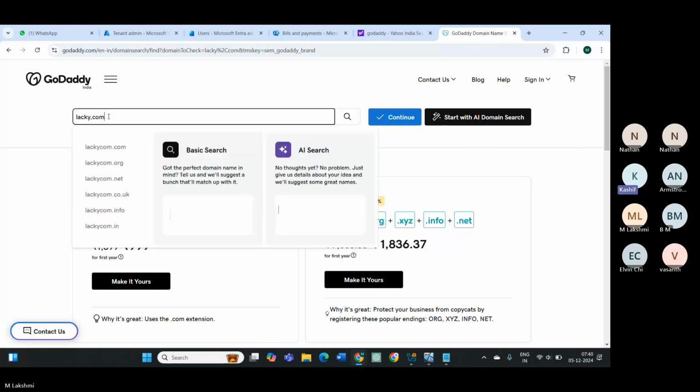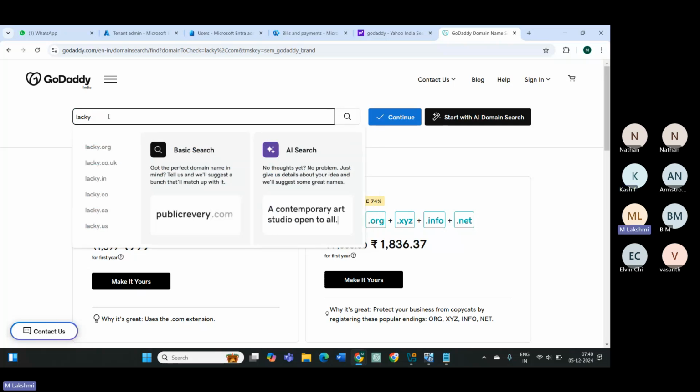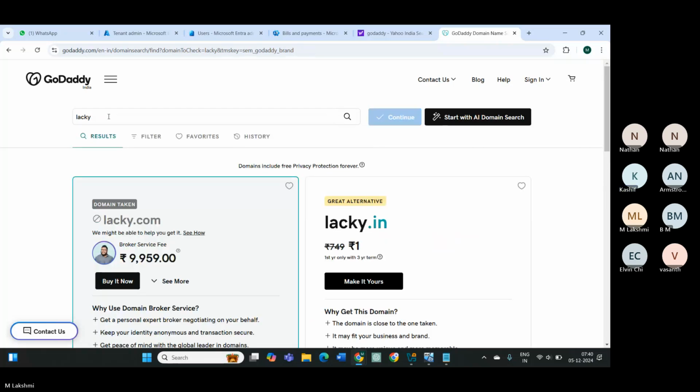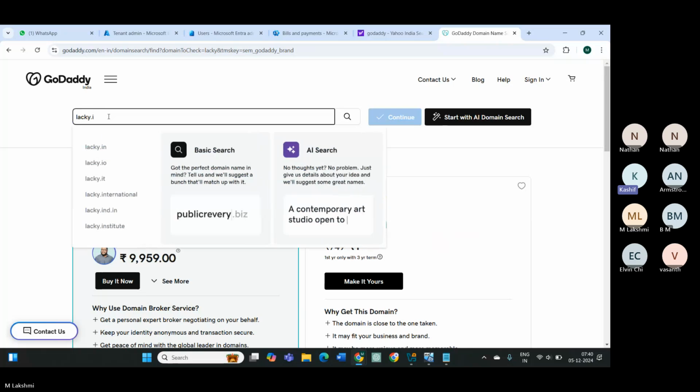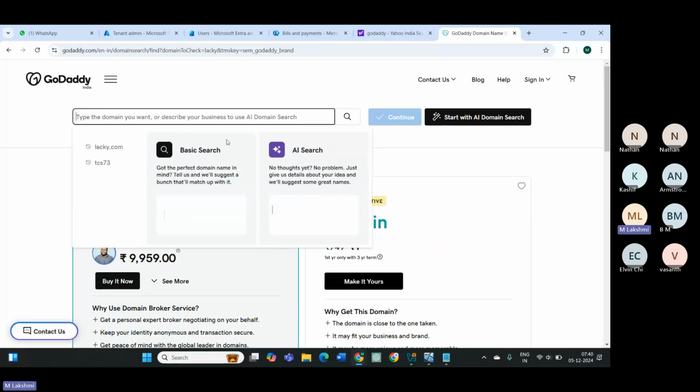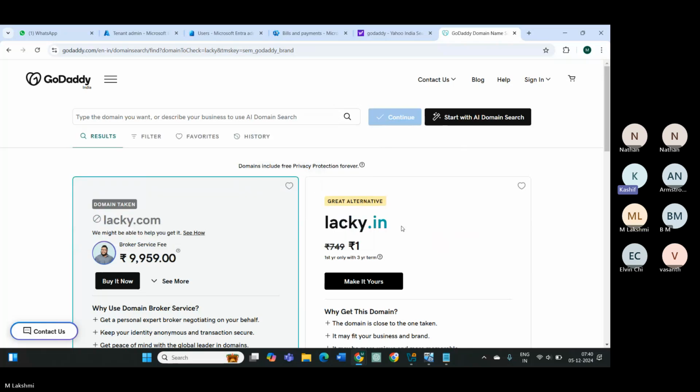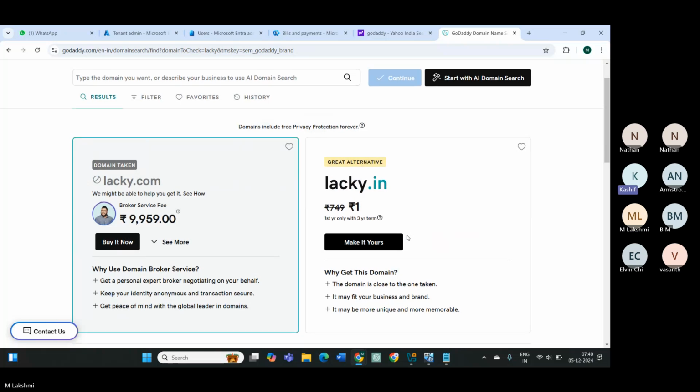So they have given you recommendations, there are some alternatives. Lucky.com is already taken. Somebody has already taken it. Lucky.in is available, as you see on the right hand side. That is saying 1 rupee, first year only with a 3 year term. So you have to take it for 3 years, then only you will get it for 1 rupee. Okay, let's see how much it costs you. Let's click on make it yours